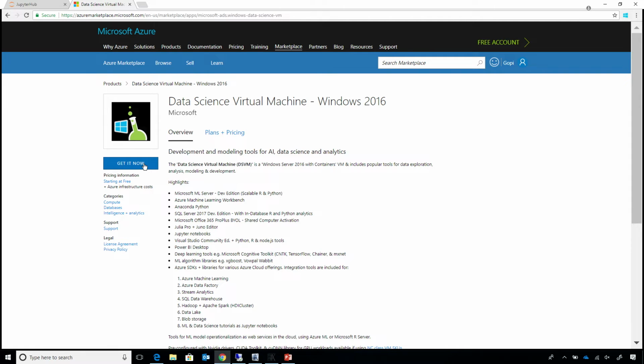So if you have spun up a Windows VM or a Linux VM before on Azure, you just do a get it now. It will ask you a few questions on which data center you want, what size of hardware you want, a GPU or CPU. So it's no different than if you've set up a VM before on Azure, there's nothing else to learn. It's just another VM with a whole lot of other tools that you can actually use. So let me show you what this VM actually looks like. So once you spin it up,